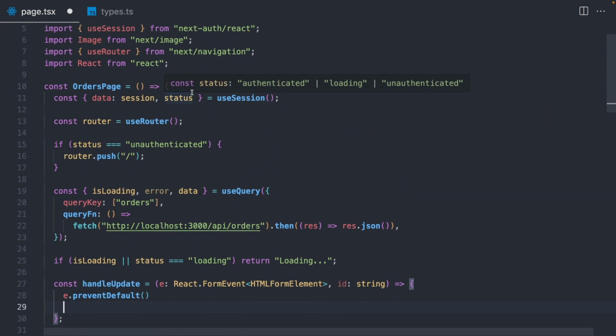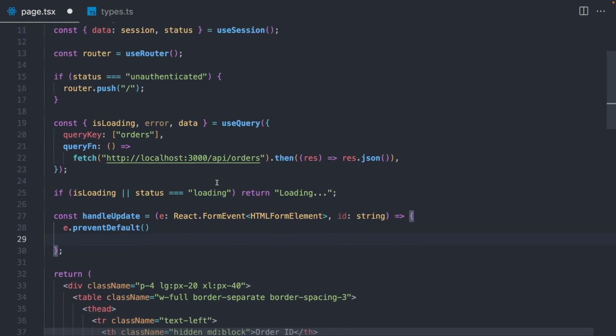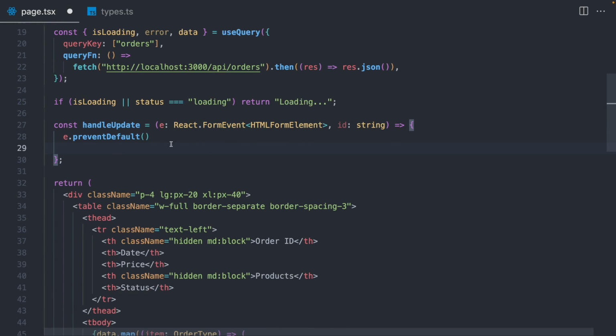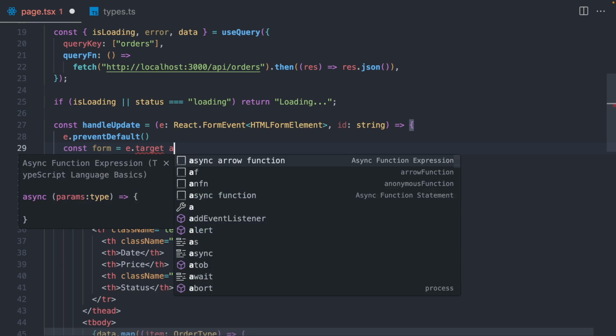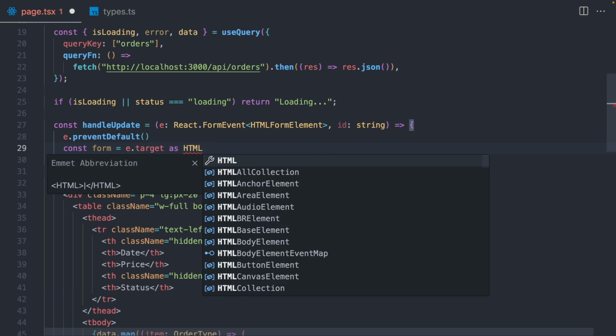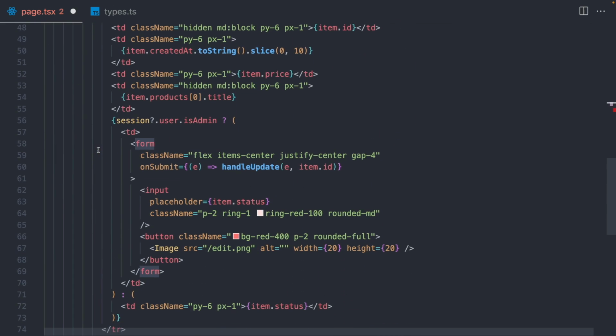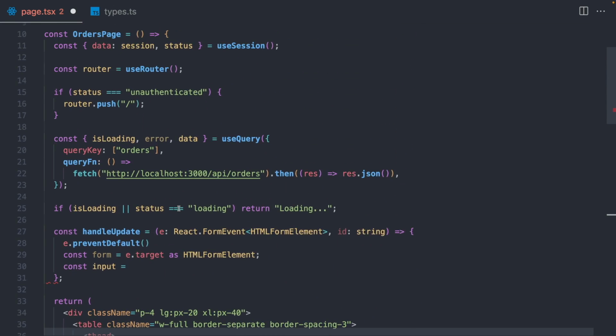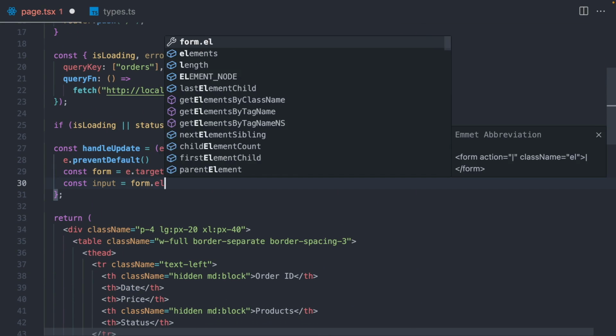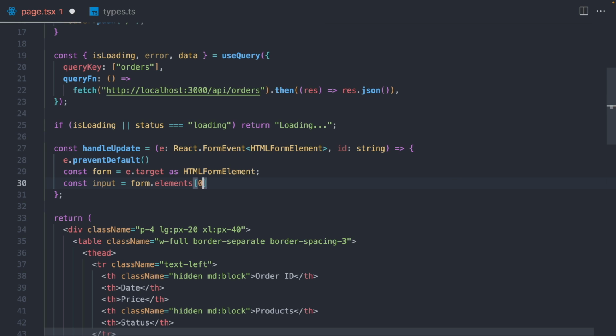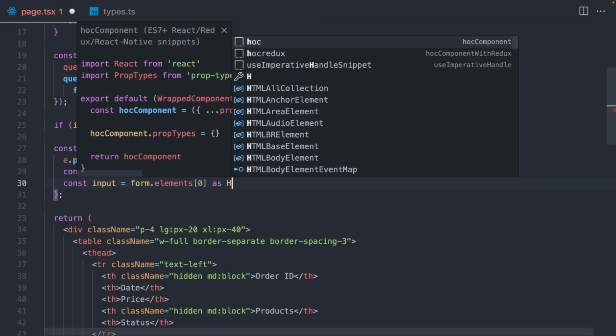Of course, you can create here input, set input, use state, and you can change it. But I'm going to directly reach that value using event. How am I going to do that? I will say const form will be event.target, and its type is HTMLFormElement. And I'm going to take input. It's the first child of form, because in form we have two elements, input and button, and the first one is input. So if I say form.elements and the first one, it's going to be HTMLInputElement,